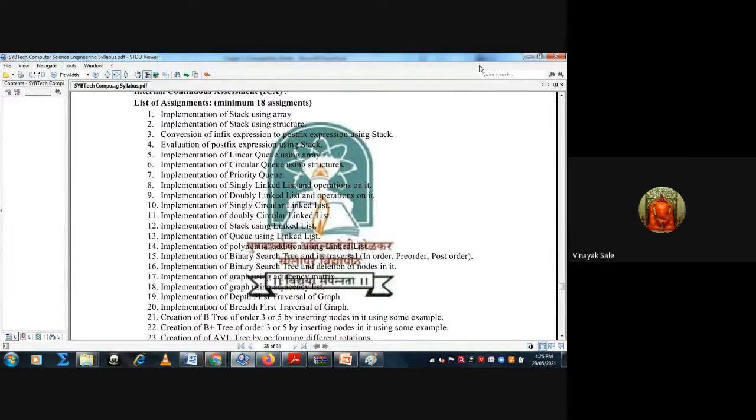Out of them we have to conduct a minimum of 18 experiments. So the first experiment is implementation of stack using array. Yesterday we took it. Does anybody have any problem in this program, stack using array?